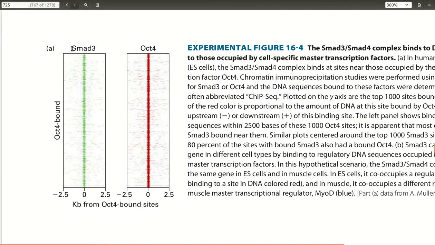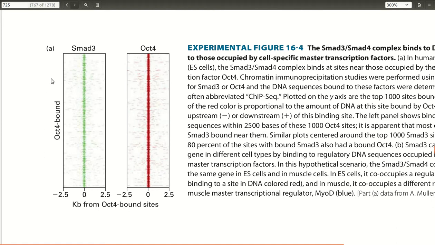So, proof that SMAD3 binds only when it is adjacent to another master factor such as this OCT4, which is a master transcription factor, which is found in undifferentiated embryonic stem cells. So you can see here from this y-axis would be here